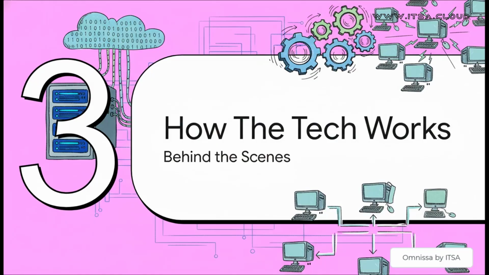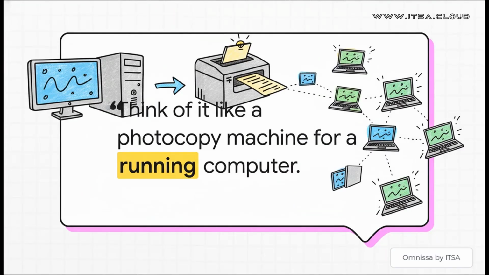I know, it sounds almost too good to be true, right? So how is it actually possible? What is the technical wizardry happening behind the scenes that allows a desktop to just appear in seconds? Let's break it down. Probably the easiest way to think about this is with an analogy. The old way of cloning was like making a copy of a powered-off computer's hard drive. Instant clones, though, using that VM Fork API, are like having a photocopy machine for a computer that is already running. You hit the button and it copies everything, including what's in the active memory.